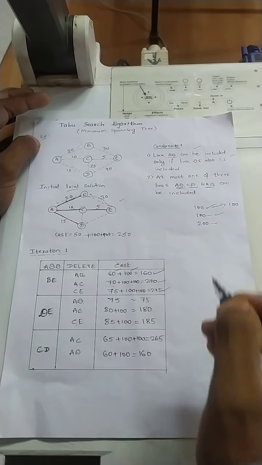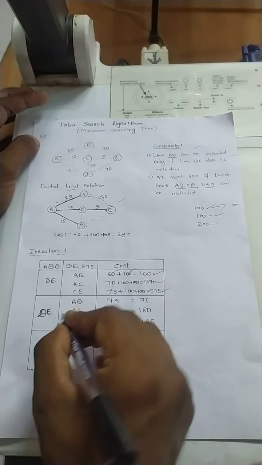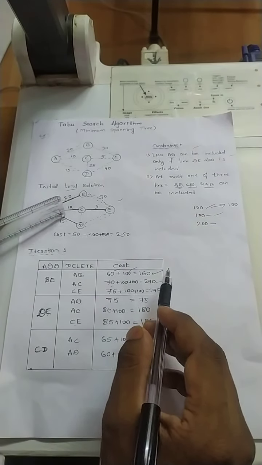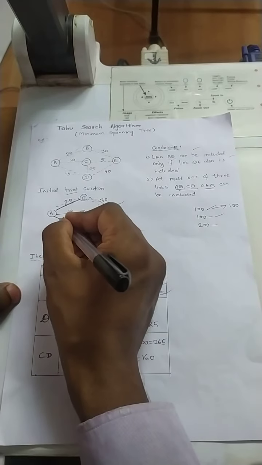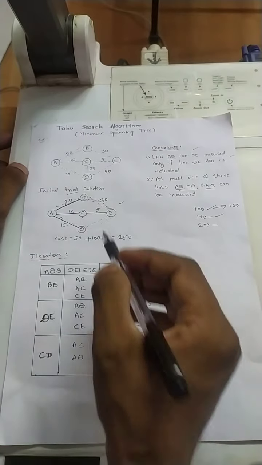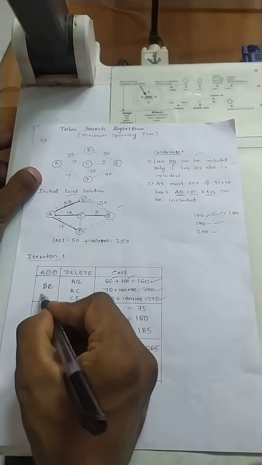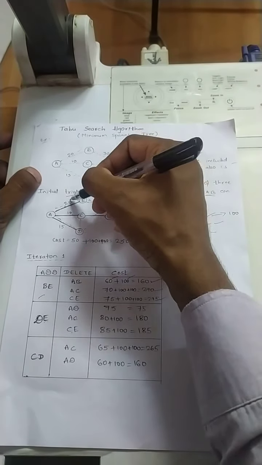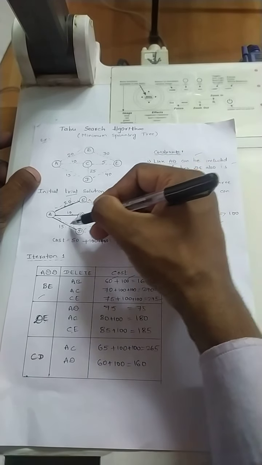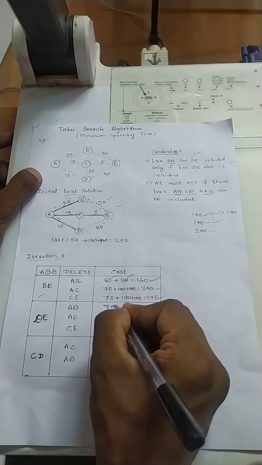For these combinations, let us see what happens. In this graph we are adding DE and removing AD, so I am removing this. Let us have a dotted line over here because it is not considered. Now let us consider the cost. In the previous one, 20 plus 10, 30 plus 5, 35. Instead of this, I am considering 35 plus 40. It will be 75. Yes, 75.